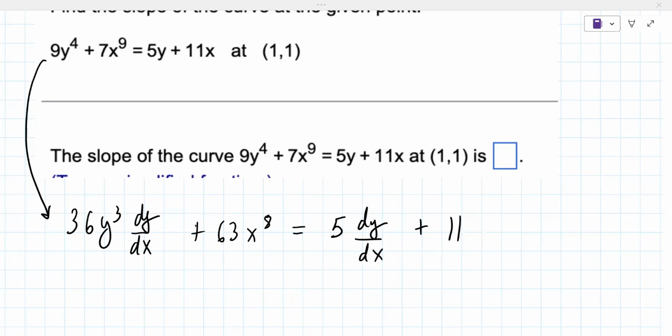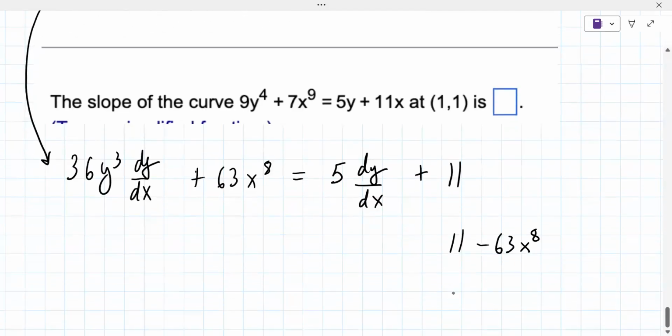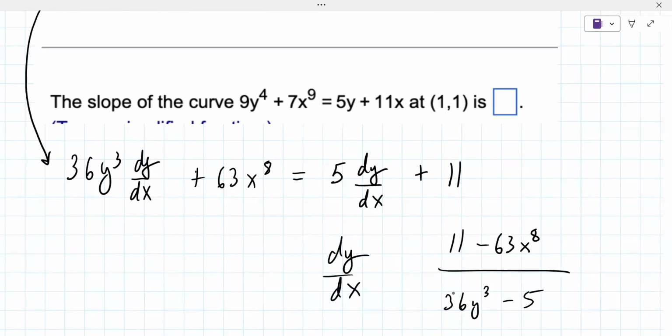I got 11 minus 63x to the 8th over 36y. Yeah, the third. 36y to the 3rd minus 5. That is correct. Okay. Now, this problem is different than the last one because now you have